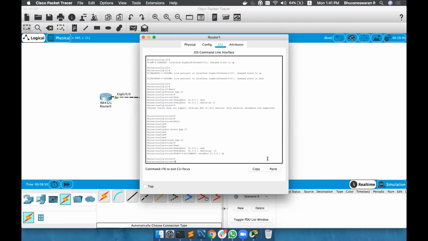Given address, yes, IP addresses, neighbor IP addresses.